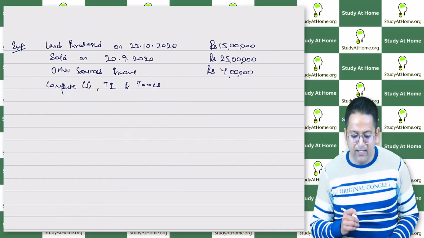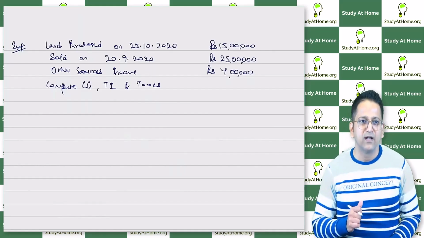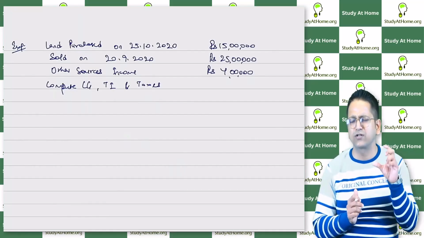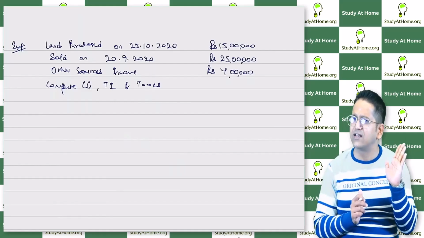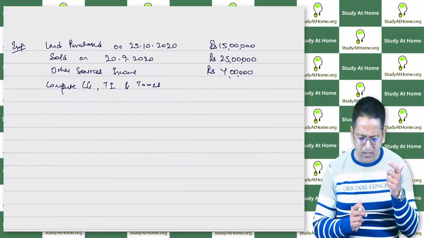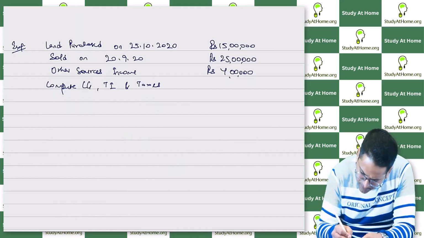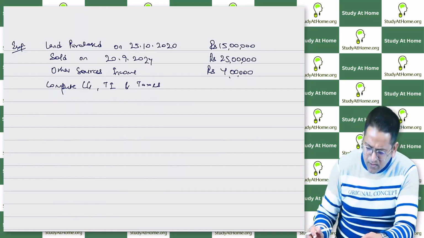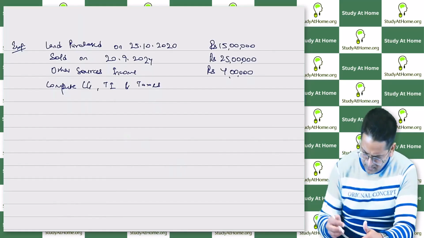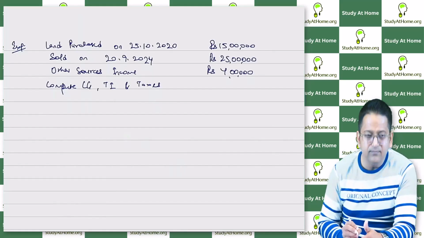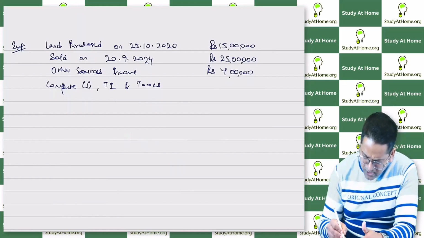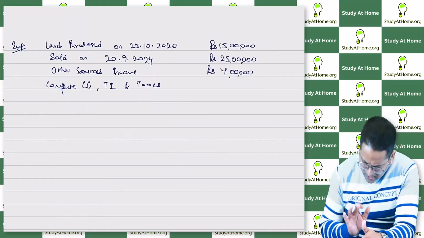First, I need to see whether it will be long term or short term on the land. Now, long term, short term. What do we need to see in land and building? Was there any change in the holding period for short term or long term? If not, then that change came in the third category. So for land, what should the holding period be? Okay, this is sold in 2024. How long should the holding period be? Tell me. It should be 2 years. So roughly you can say it's a little less than 4 years. And my holding period is more than 2 years. So it will be long term.